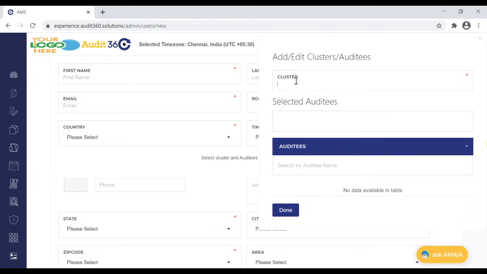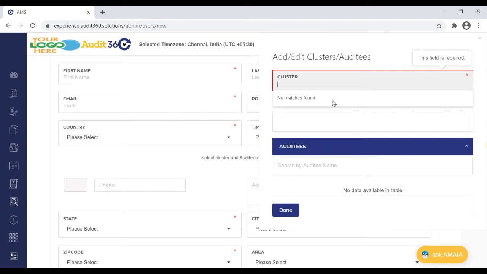If you would want to add a cluster, I need to select a country to get a cluster. Let me just quickly do that. One minute. Let me come out of the screen.